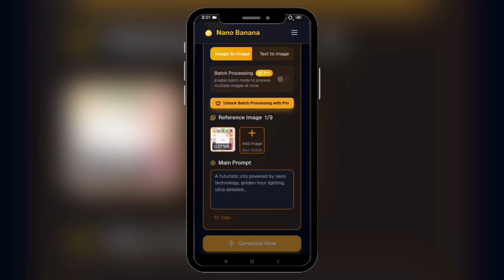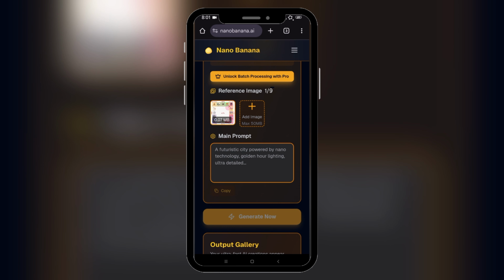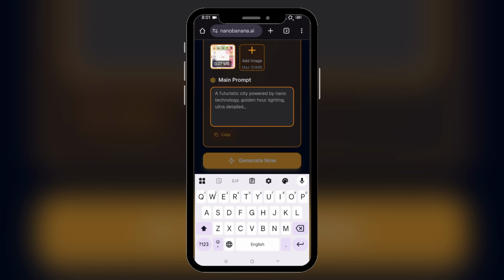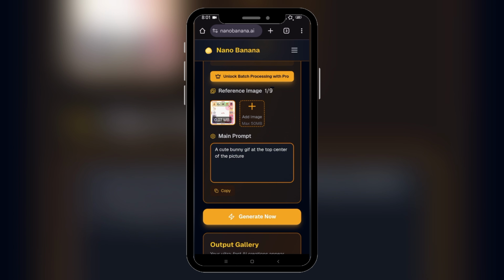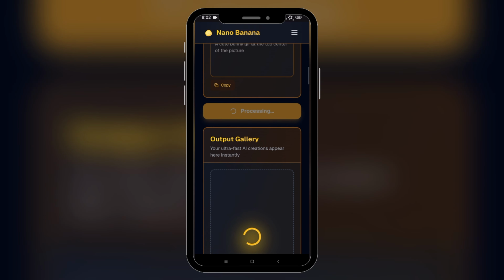While it's loading, simply tap on this main prompt right over here. And over here, describe the GIF that you want to add to a photo. Maybe like this. And once you are done writing the prompt, simply tap on generate now right over here. Tap on it. Then NanoBanana.ai will process your request and will give you the results right over here in the